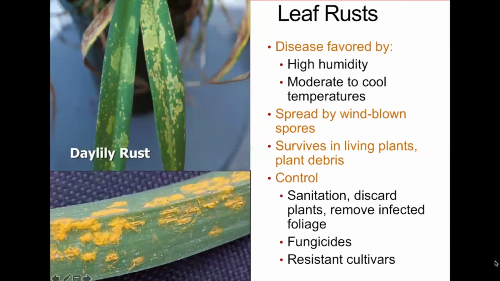And we haven't really touched base on resistant cultivars in general. Resistant cultivars are plants that have been cultivated specifically because they are resistant to different diseases. So when this occurs, say daylily rust has seriously affected a certain species of daylily, we will find a daylily that is resistant to daylily rust and plant that instead of the original cultivar